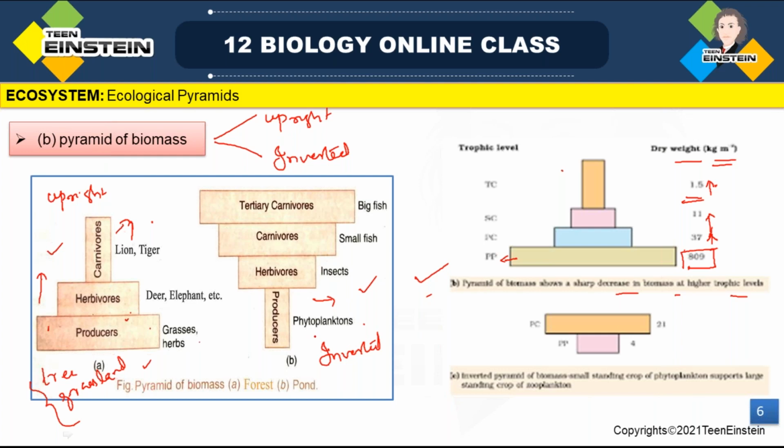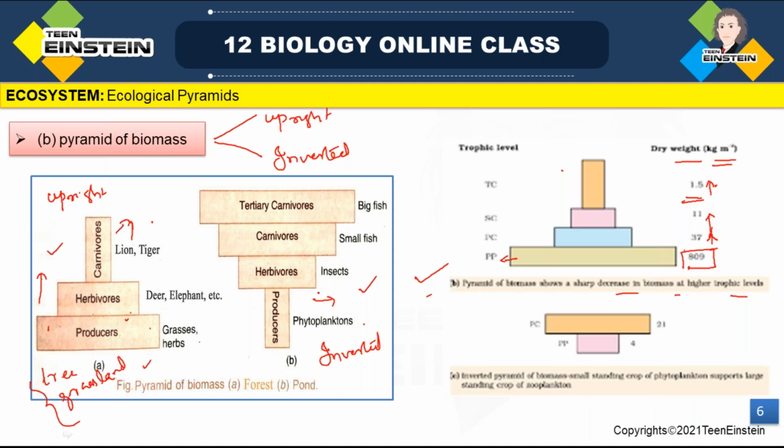For example, here with phytoplanktons, the biomass of zooplankton will be higher than that of phytoplanktons,